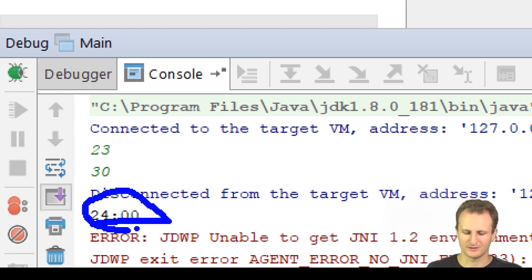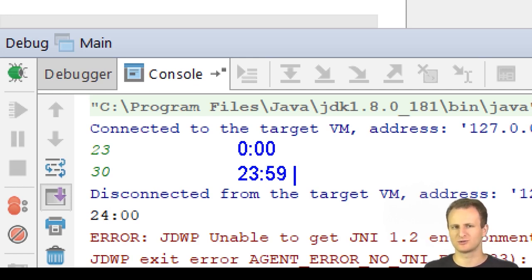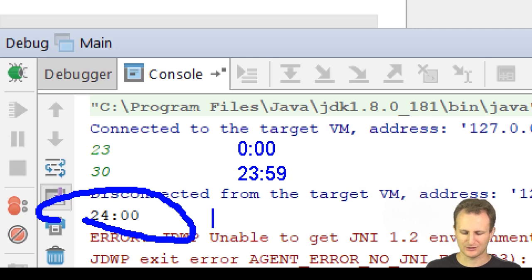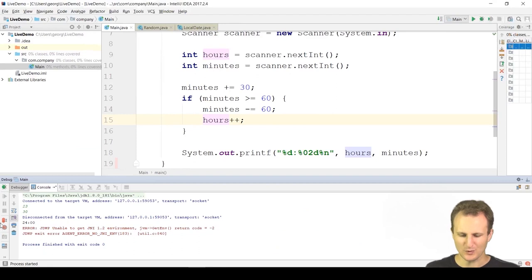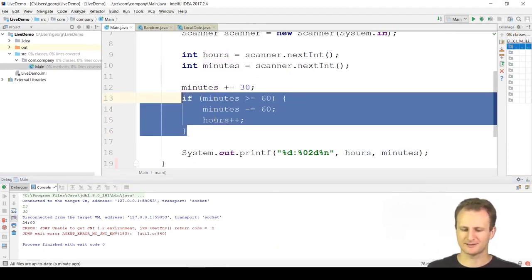24 o'clock. But there isn't such a thing as 24, because time begins from 0 hours 0 minutes and ends with 23 hours 59 minutes. So 24:00, that thing doesn't exist. We've gone to the next day, so 24:00 is actually what? 0:00, right? So what I need to do is, after I've changed the hours, after this code has executed,